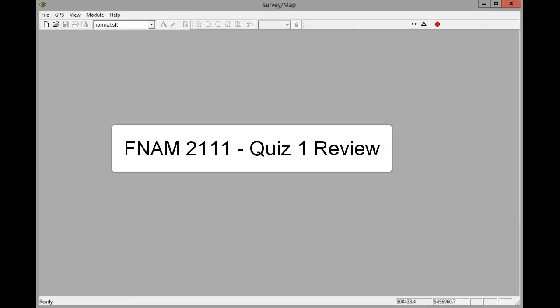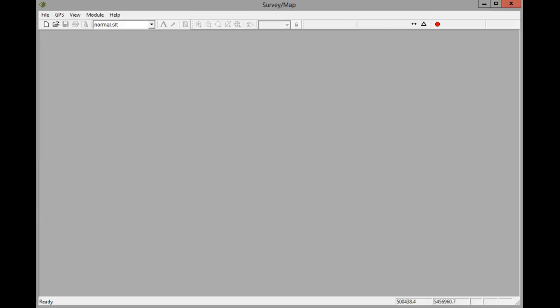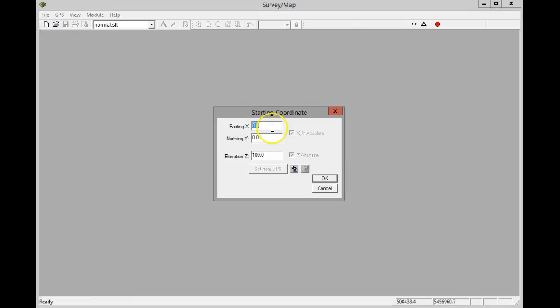Okay, so I'm going to go over quiz 1 in GIS and digital field data collection to go over some of the issues that some people had. So the first step was to open up the survey map module from Road Eng and to start a new traverse. Here you're going to enter the POC, which was